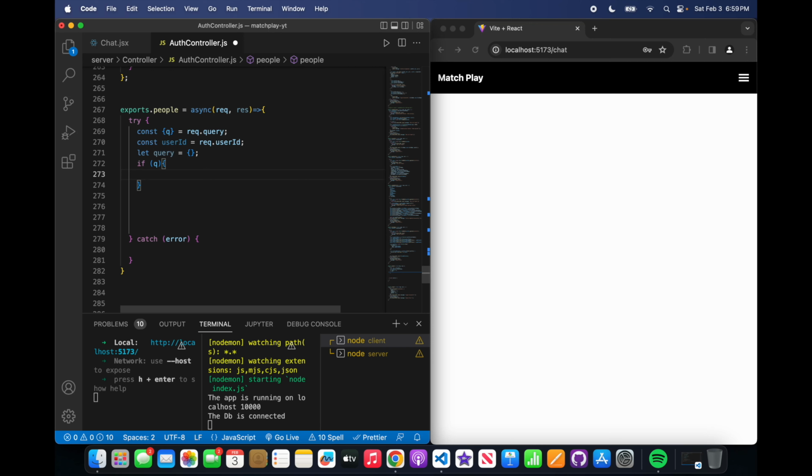It's not going to show us our own name, and we're doing that in the back end, so we don't have to worry about it in the front end. We don't have to put a filter in the front end again. We just do everything from the back. So if q, then we can say query is equal to